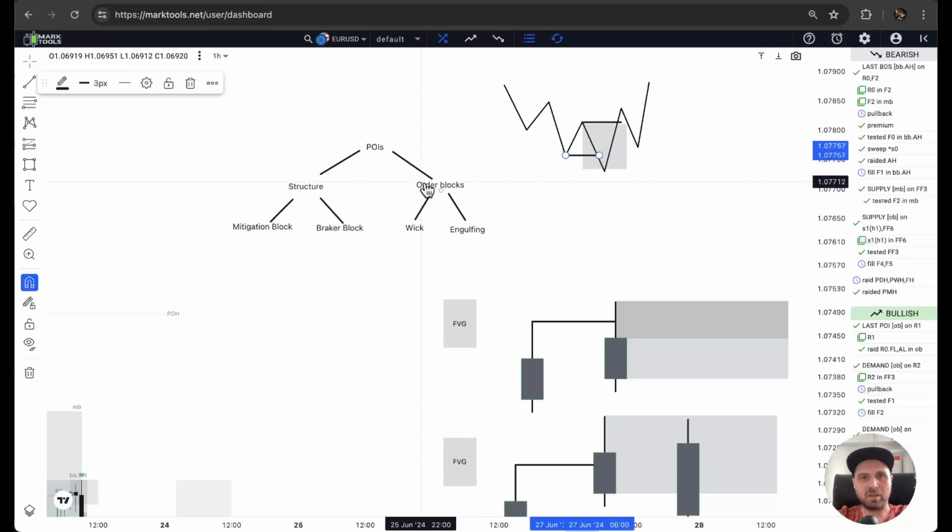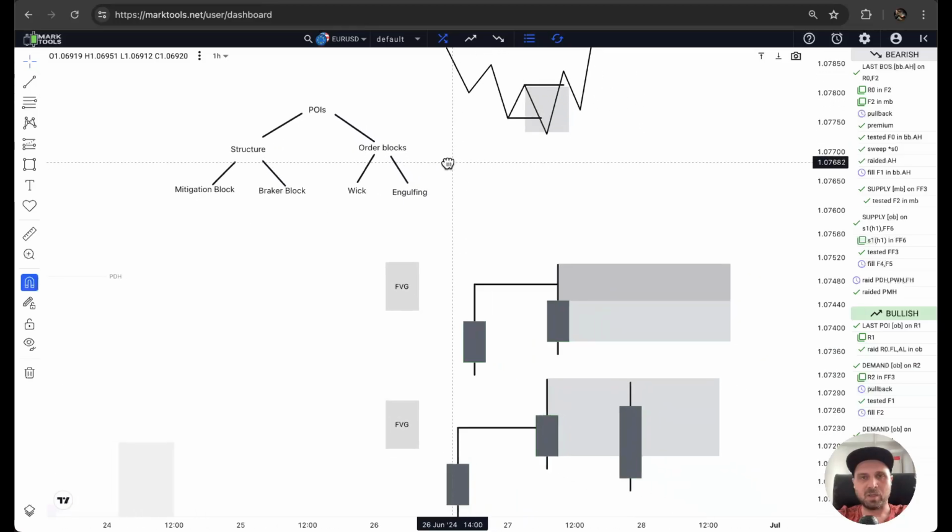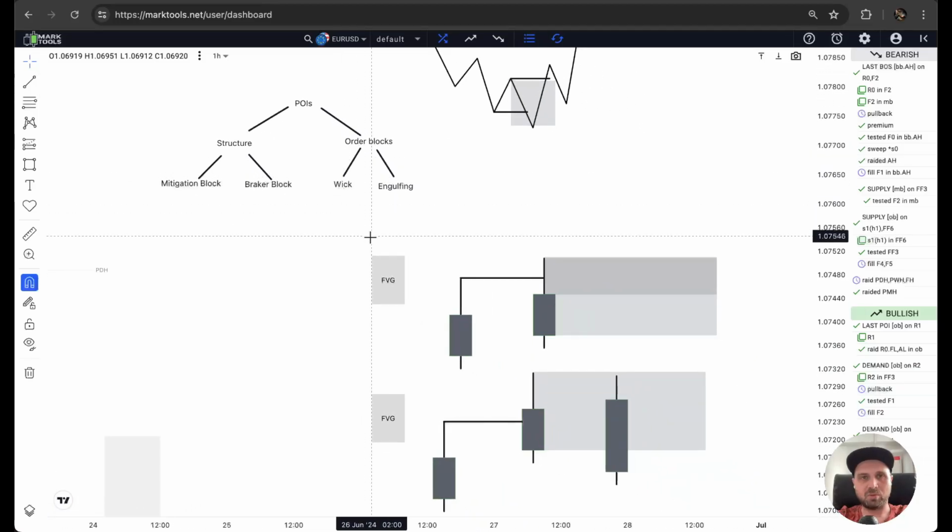Then another kind of POI is order blocks. They don't have to be structural formations. It's all based on candles. We have two types of order blocks, which are based on wicks or based on the candles themselves. So based on wicks, it supposes that you have a wick that grabs some liquidity or just tested some imbalance. This zone